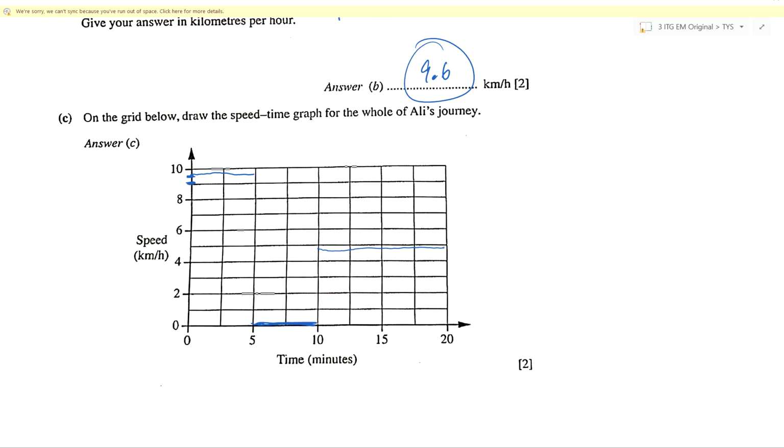I have a question for you. What is the relationship between the area under this graph and the area under this graph? What's the relationship? Yeah. The area is the same. Because he traveled to the shop in the first part,